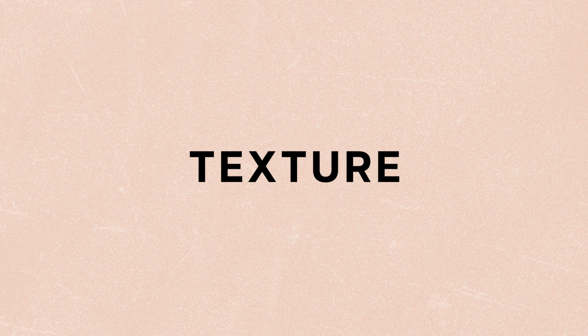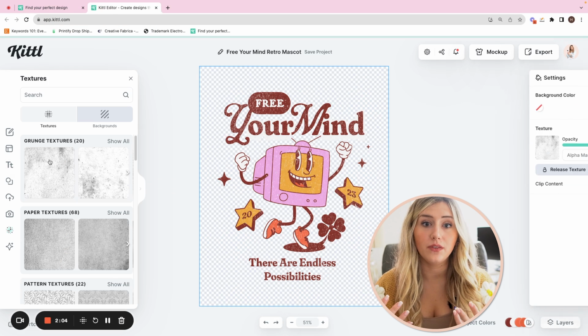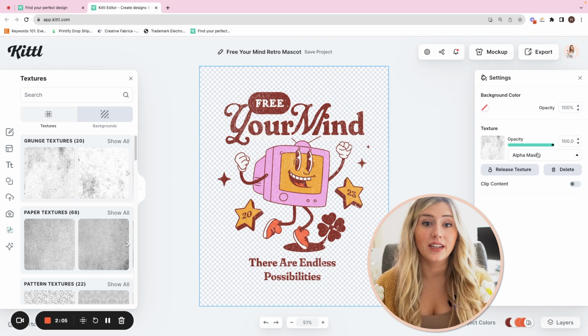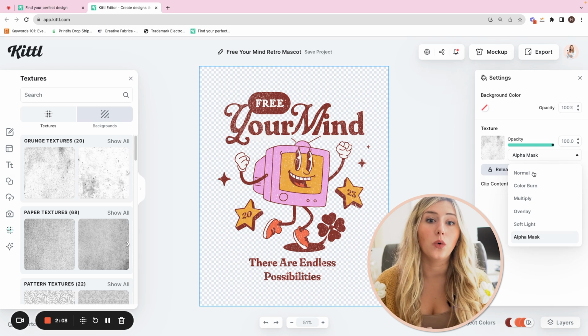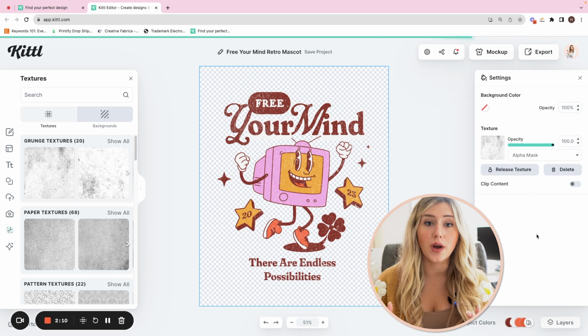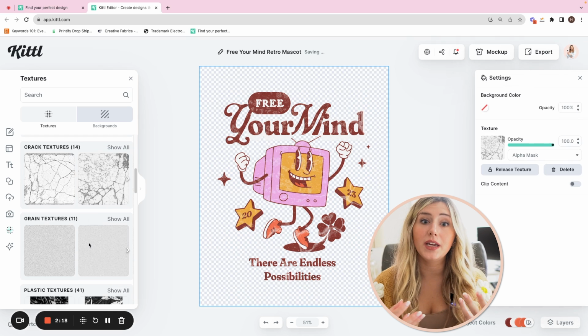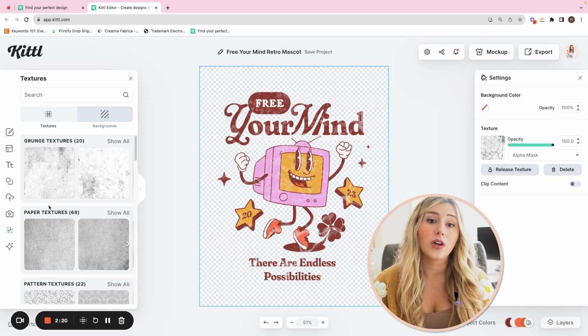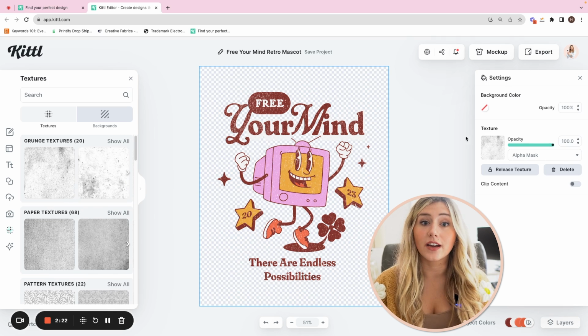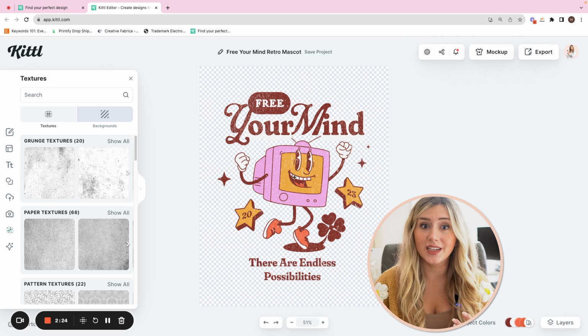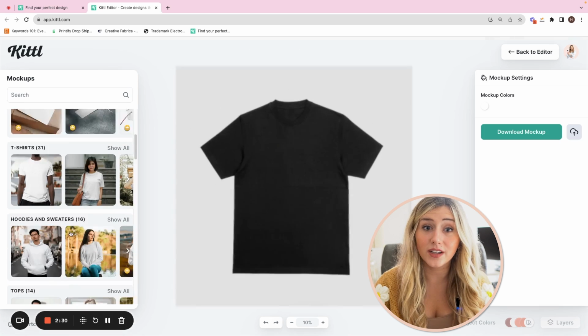So the first feature is the texture feature. When you are complete with your design, you can add in an overlaid texture. One of my favorite features is to edit the mask, and you can clip it, unclip it. Usually I have the mask clipped and then I turn on an alpha mask, so the texture shows through when it's printed on, let's say, a print-on-demand product, such as a t-shirt